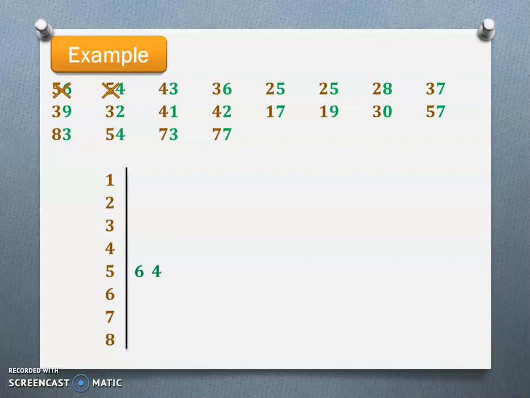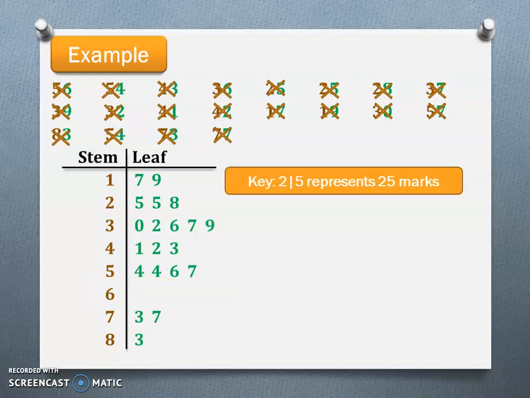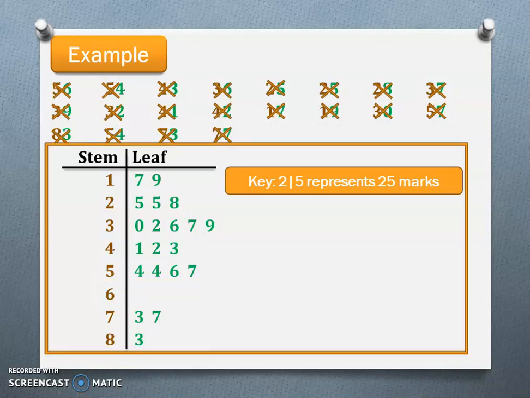When all the numbers have been entered, the diagram should look like this. Now arrange the entries in each row in numerical order with the smallest next to the stem. Note that the row with stem 6 is blank because we don't have any data value in the range 60 to 69. But if we delete that, it would make our intervals unequal. Therefore, it should be kept as an empty row. You must not forget to give a key that explains what the stem and leaf represent. This is how your final plot for the stem and leaf diagram will look like.